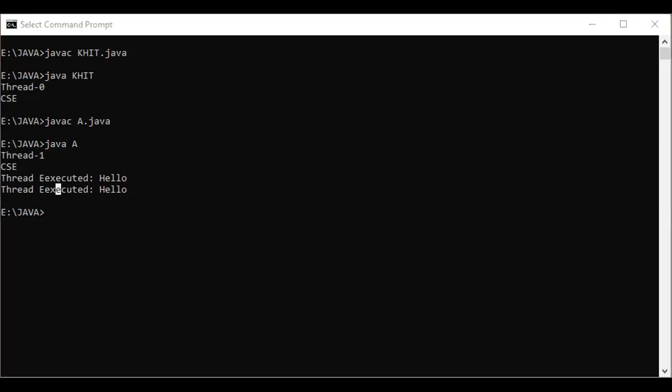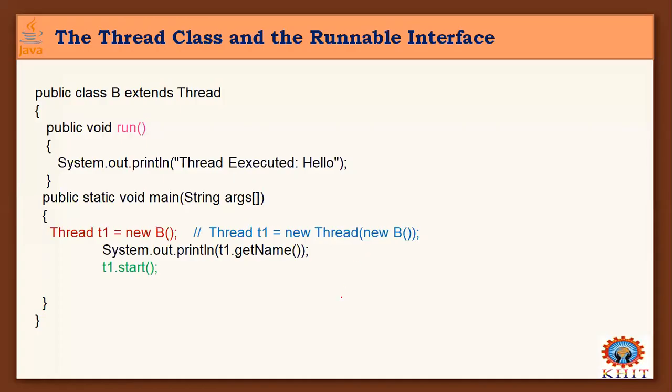Now go to the slide. So I have another program for you. I have public class B that extends Thread, and in the run method I have executed hello, right? In public static void main, I'm creating one thread. Right now we have seen this type of declaration, right?